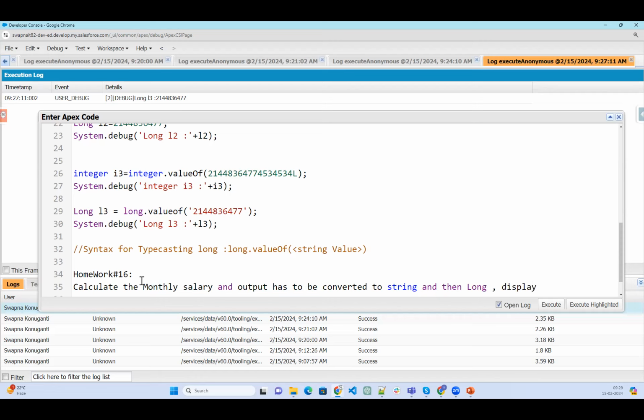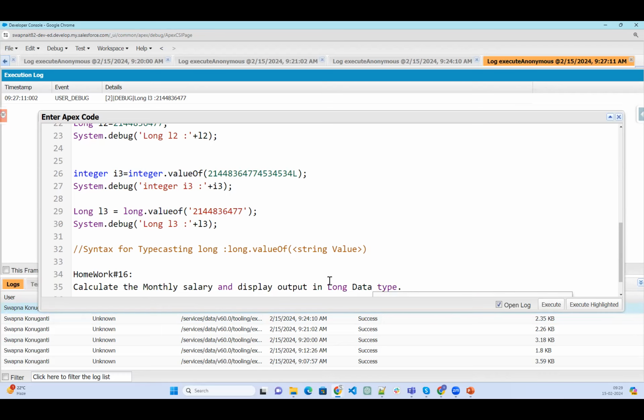Display the output. Simply convert this: calculate the monthly salary and display the output in long data type.